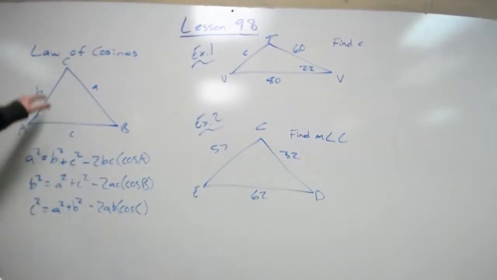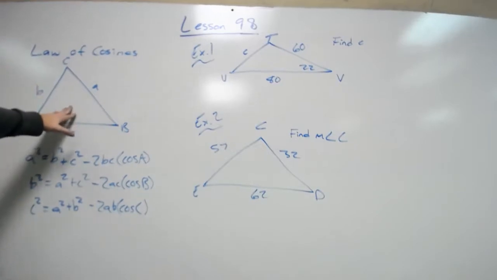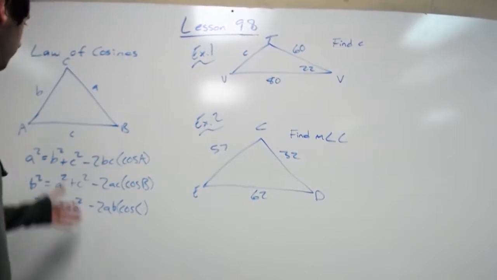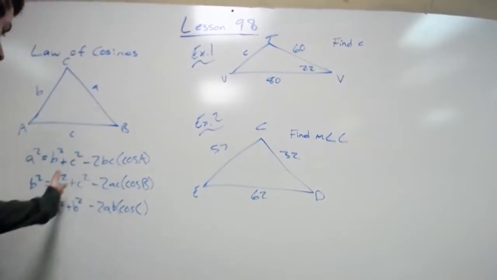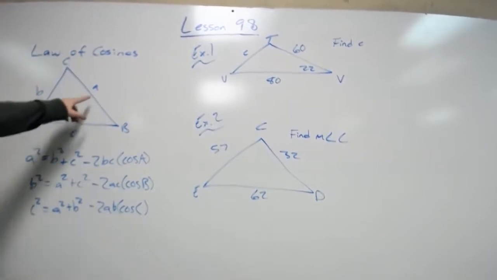We're going to look at law of cosines in lesson 98. We've looked at law of sines before. And same kind of idea here, law of cosines is something we can use even if the triangle is not a right triangle. So the law of cosines states, now here's a triangle here, a squared,